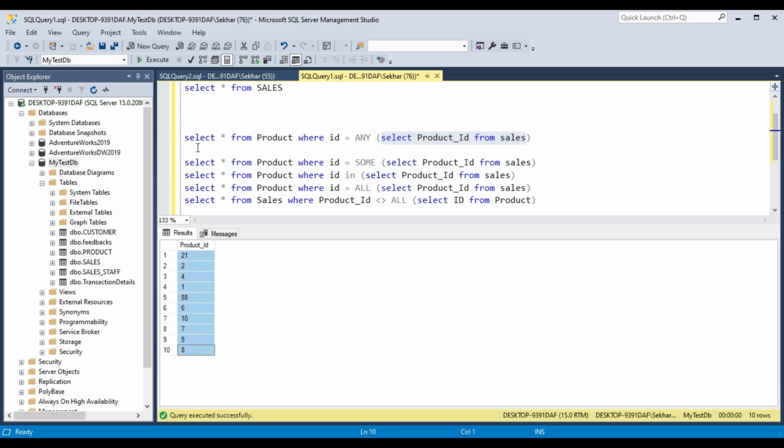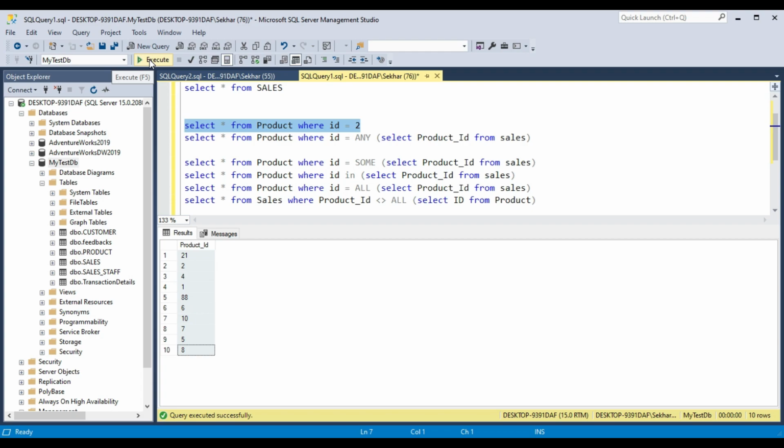These values we can also use separately. If you already know the value, like select star from product where id equal to 2, and you run this query, this is a direct query.